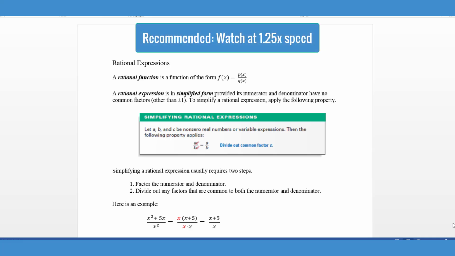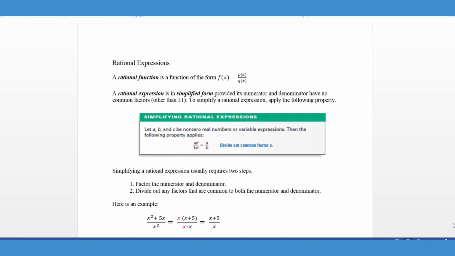Now that we've had some time to work with rational functions and sketching the various parts of rational functions, we're now going to move into actually simplifying expressions. And fortunately, we've had a little bit of experience with this, dealing with the functions. Now, we're going to layer in some other parts to the simplification process, such as multiplying and dividing the different